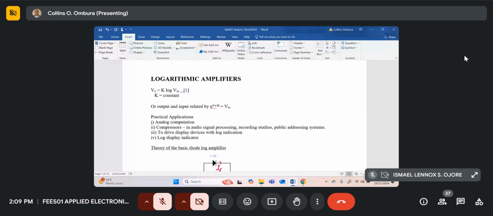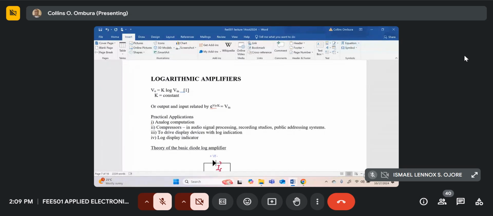We amplify this high frequency signal using the AC amplifier, and then we demodulate and recover the baseband signal. That way we are able to do away with the noise due to VIO and IIO. So that's the principle behind